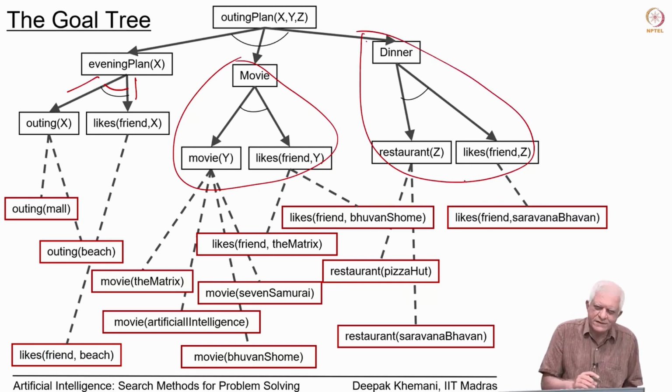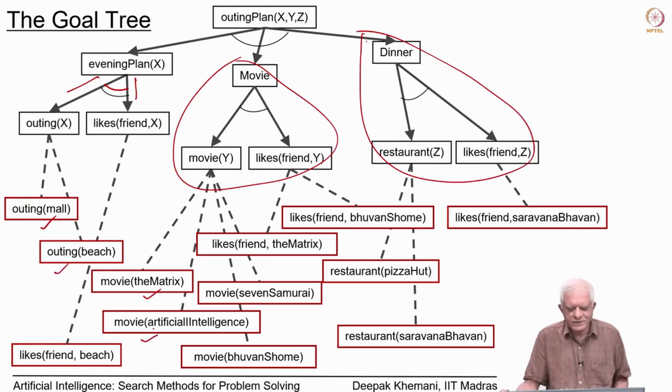Everything below, in red rectangles, are the facts that are given to us: mall is an outing, beach is an outing, matrix is a film, artificial intelligence is a film, and so on. Those are facts that are given. Can you choose the right combination of these things to construct an outing plan is the question, and Prolog will look at this tree and search it in a depth first fashion, and we have seen that that happens by a process of